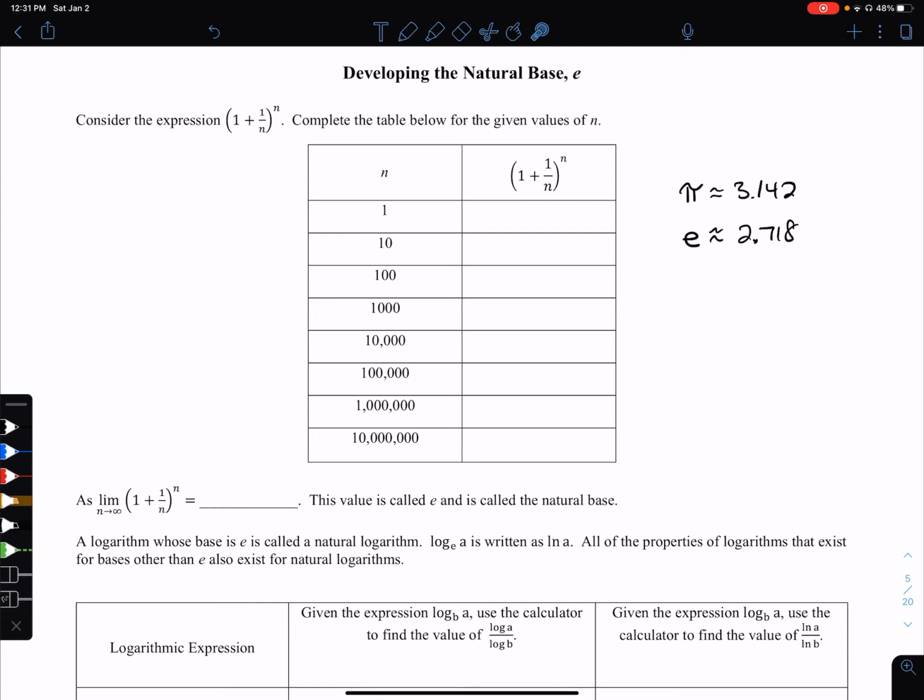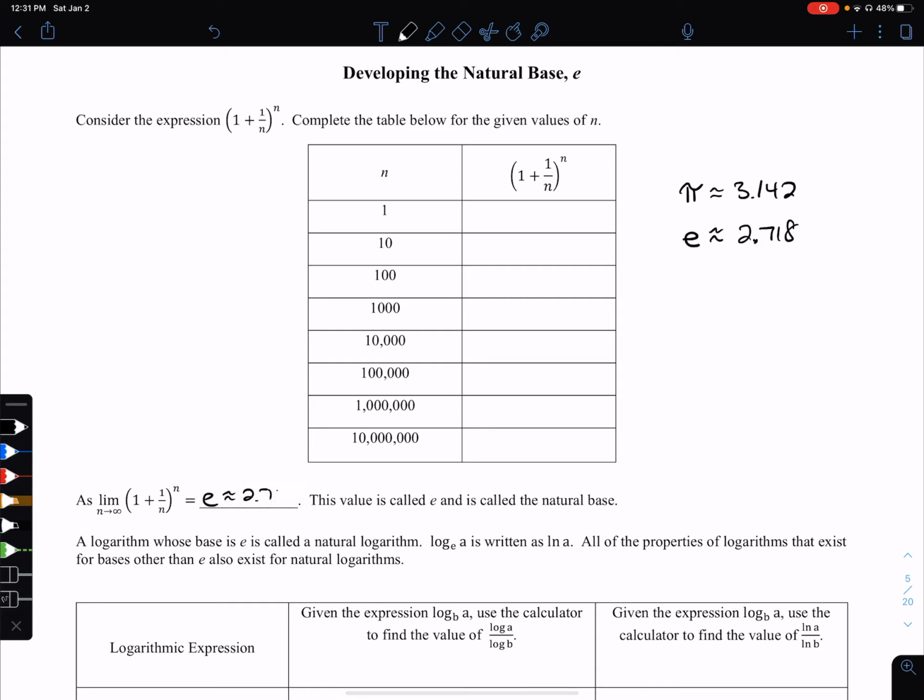Now we know where pi comes from. Take the circumference of any circle and divide it by the diameter, and that gives you pi. E comes from this limit right here. If you take the infinite series, which in this case is written as a limit, 1 plus 1 over n raised to the n, and you keep making n bigger and bigger as it approaches infinity, this here is going to approach the number E,